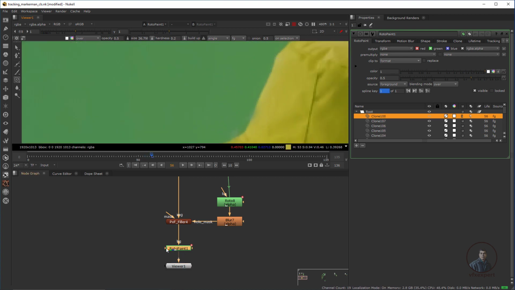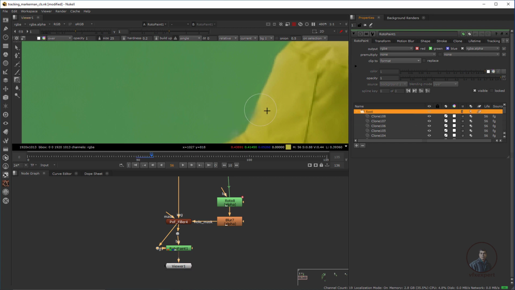Even if you want to reveal this one, then you can simply connect. Now hold control and move it here. Then we can use this reveal also, and reveal the remaining portion if you are getting any problems here. So like this you can use clone and reveal, and remove your tracking marker from these remaining frames here. Now just delete these reveal options here.